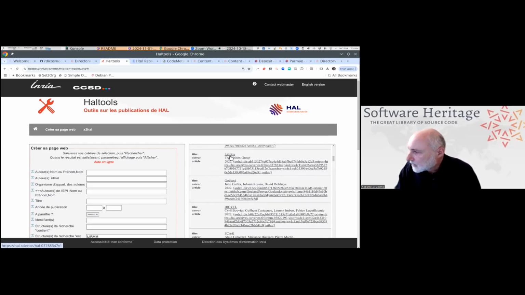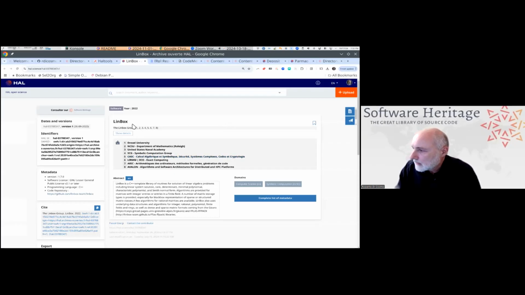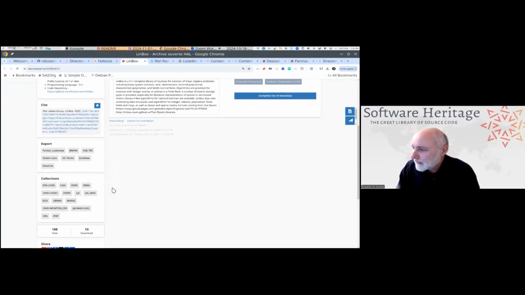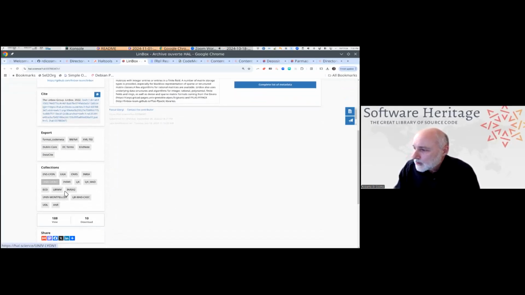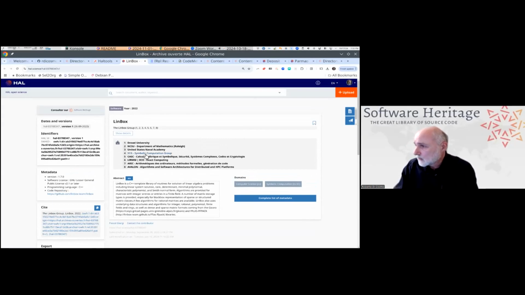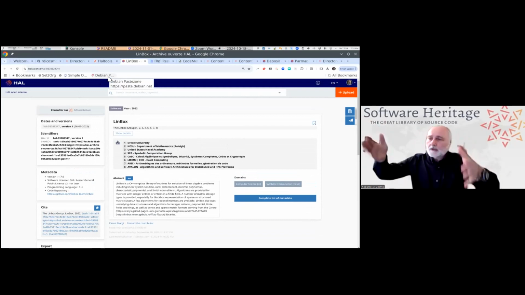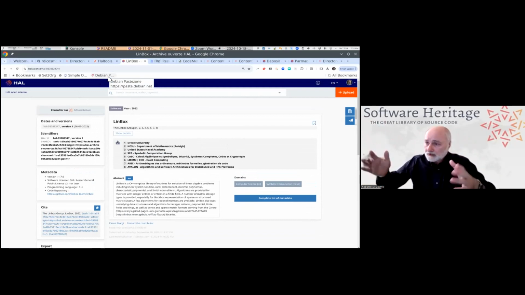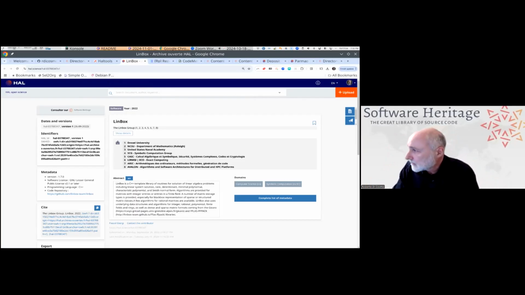For example, you can look at this Limbox entity. Here it is, all the contributors, Drexel University, Raleigh University, United States Naval Academy, etc. And you can export in any kind of format that you want. In particular, what we do at INRIA, because we are doing the same exercise right now today, we are exporting all the publications and all the software produced in INRIA over the last 2 years, and it is properly structured in a large BibTeX document, and then this is used to produce a final report,